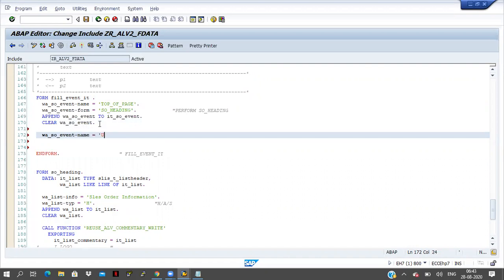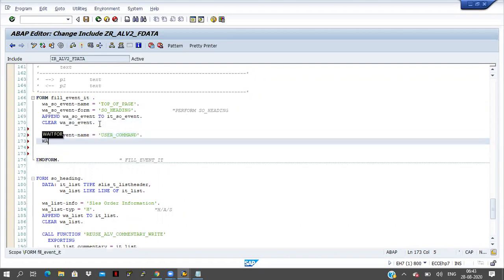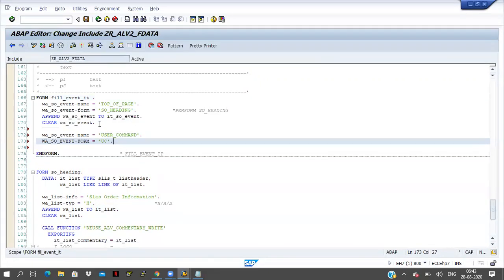Name equal to user command. In the work area, so event hyphen form equal to UC. You can take any name here, this is not fixed.